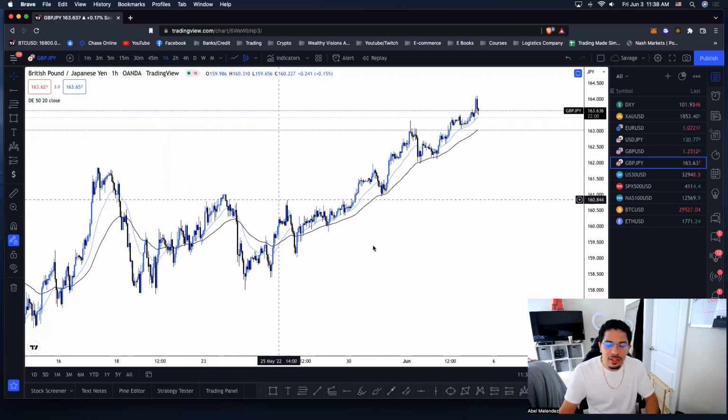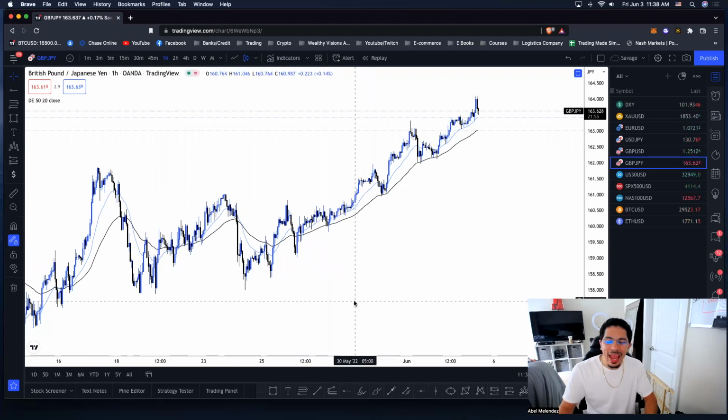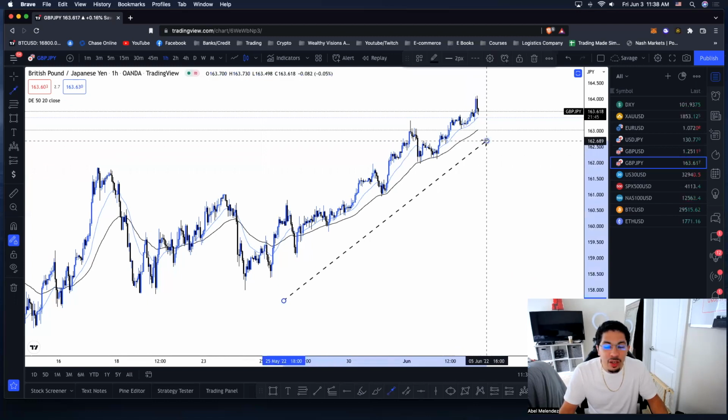So step number one is to make sure you identify what the trend or the flow of a market typically is. Now we're going to take a look at GBP JPY. And when we're looking at this chart, guys, our objective is to take a look at it and see what the trend is. So we can look at GJ right now and clearly identify that the market has been going to the upside, right? So we've been in a bullish trend, in an uptrending market.